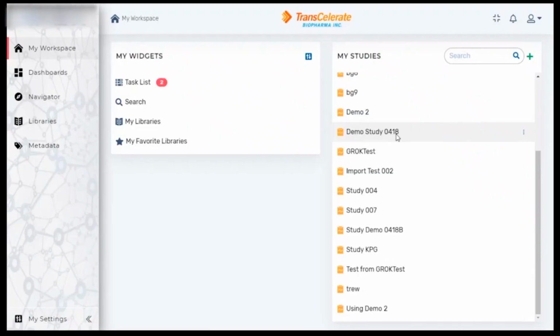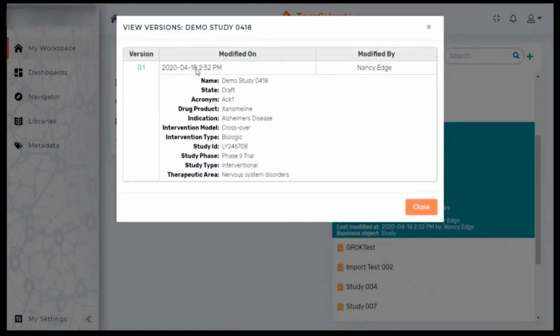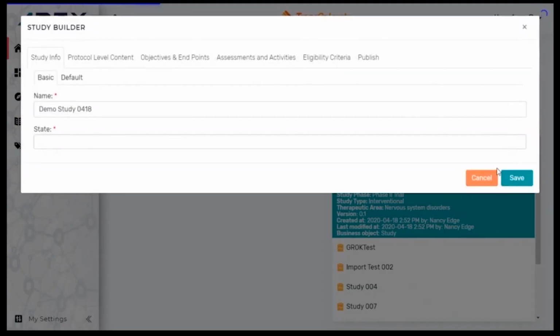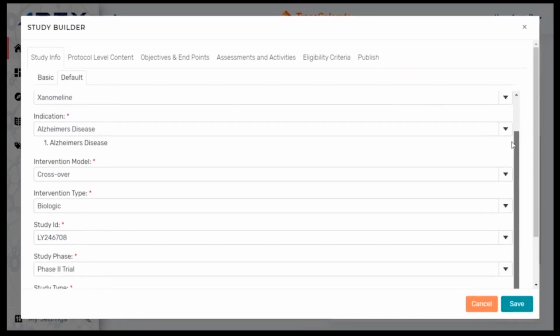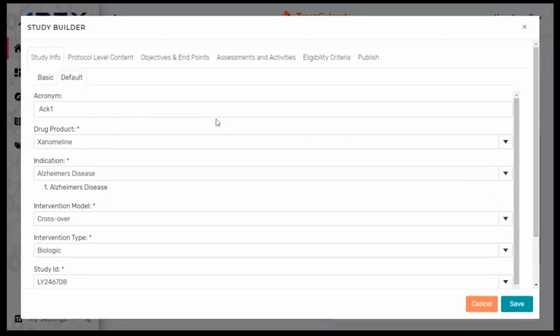As you'll see, this demo study 0418 was created by me, and it's the first version of the study. So as the clinical director, I can go in and launch my study builder, and when I launch my study builder, you'll see that the basic study information is pre-populated from the study. So the basic information and some of the other study information elements are populated into the study design. I can now go in and start compiling my design